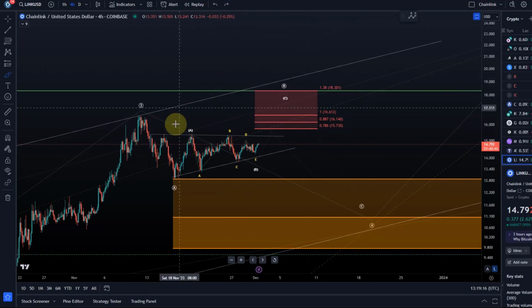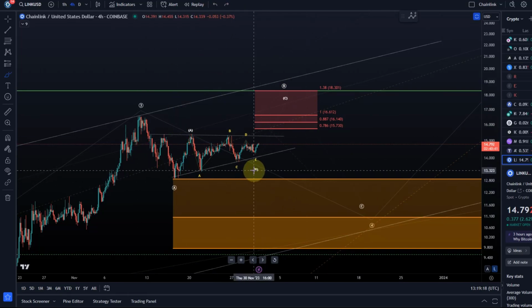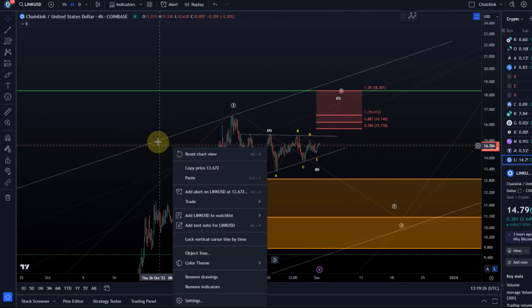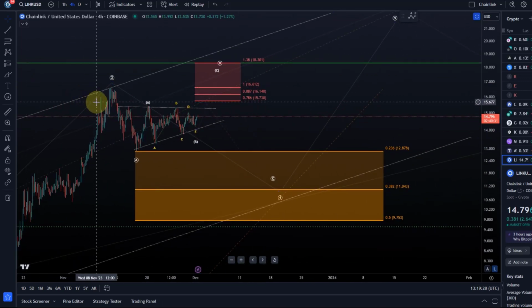But again, this is quite ambiguous. There are many structures that can fit in here. You could even say that this circle wave B is playing out as a triangle, but that's not so important. I just share with you some ideas here within this correction. These are not to be understood as primarily predictive. We've been talking about this triangle for the last few days. It has followed it and continues to play out, but don't only see these as predictive, especially not in corrections. What is more important is the bigger picture, the higher level, and to understand where support sits,